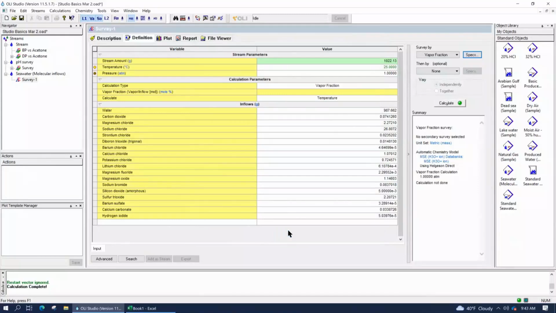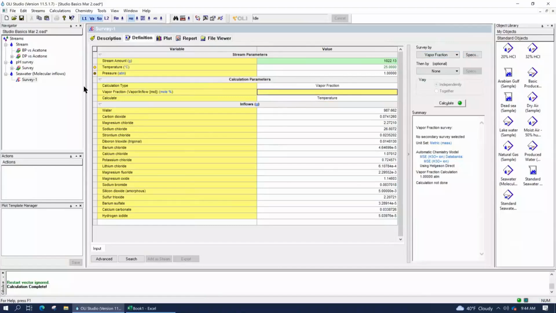Should we keep the vapor fraction mole percent or mass percent? Oh, it's going to, yeah. I think it's defaulted to mole percent. That's going to be fine. And I'll have to explain why that is in just a second. Okay, there's actually a limitation there, but I want to bypass that just for now. Okay, so what does that mean? Well, again, vapor fraction shows up here in the grid.